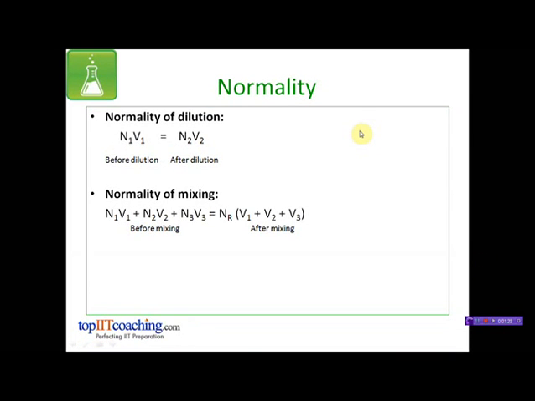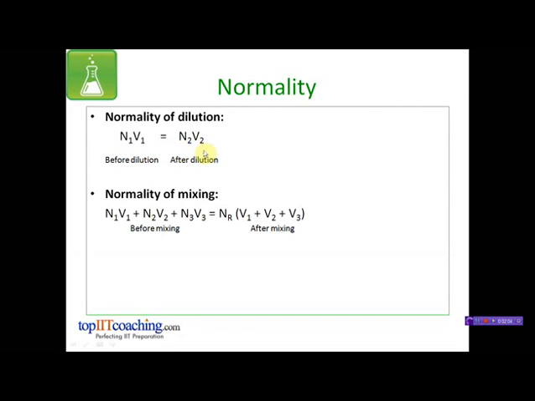Normality can be defined as the number of gram equivalents of the solute present in 1 liter of the solution. As was in the case of molarity, we can find out the normality of a solution whose initial normality and volume are known to us, and we dilute it to a known volume. So if N1 and V1 are the normality and the volume of the solution before dilution, then we can find out N2, that is the normality of the solution, on diluting it to the volume V2 by using the equation